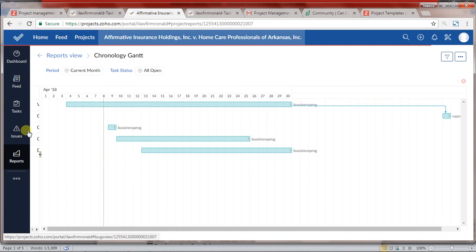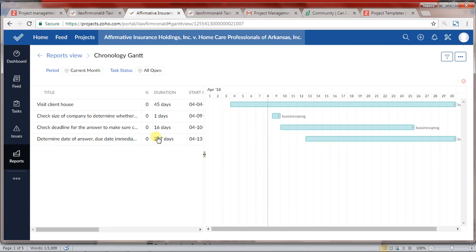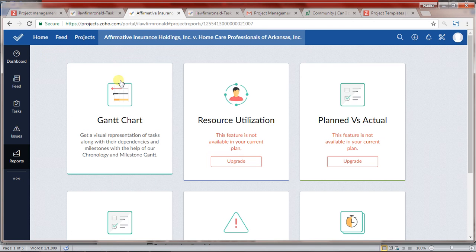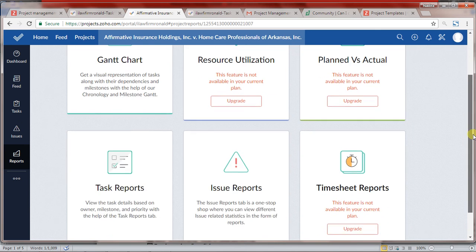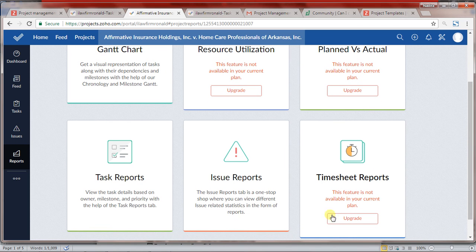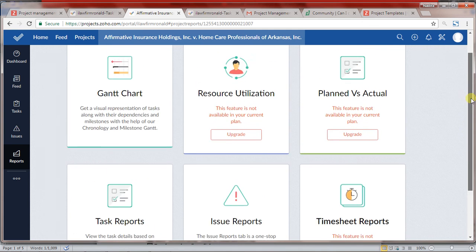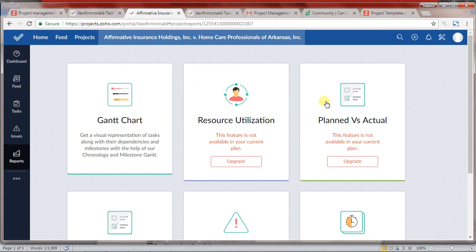We have some other report sections as well. If I go to reports, we have other report options, like the resource utilization report, planned versus actual, then timesheet reports. These are not available; I have to upgrade the account for this, maybe to enterprise or premium, so we can check all these reports as well. And regarding the task template that you asked me about,